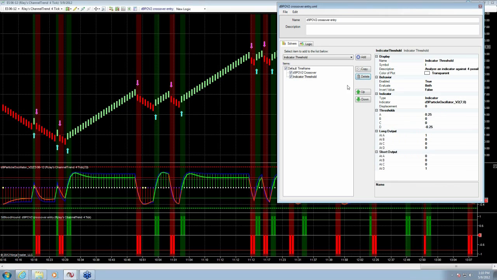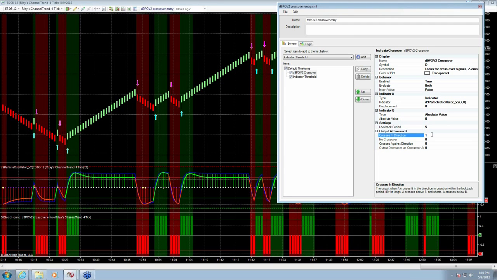Well, all you do is just set the look back period to a higher number. So if you want 5 bars, set that to 5, for example. Go ahead and change that to 5, and you'll see the whole chart. Now you can see essentially you get markings whenever there was a crossover 5 bars back